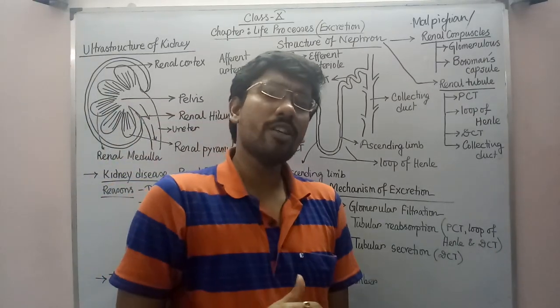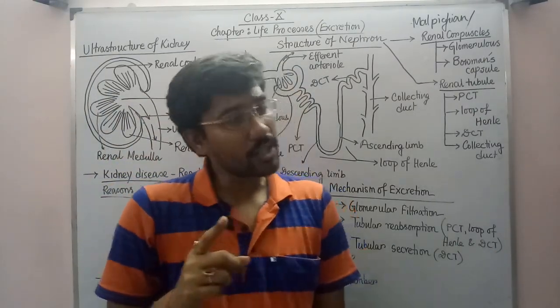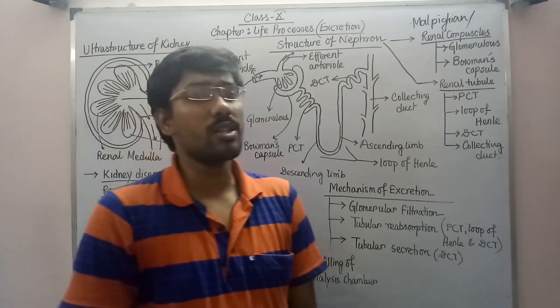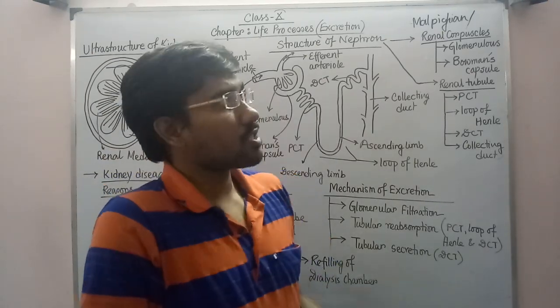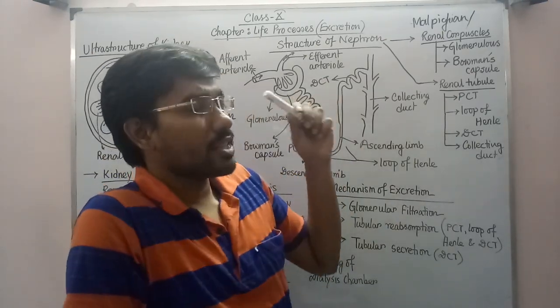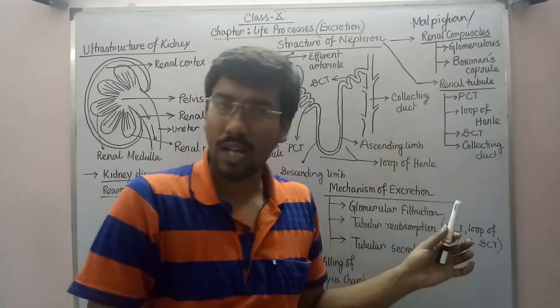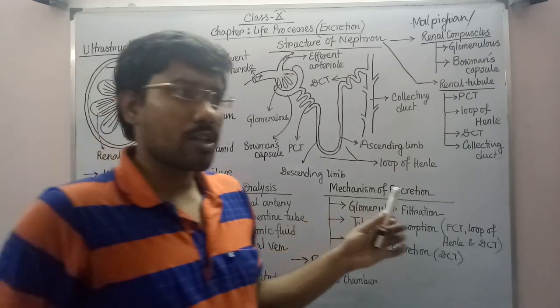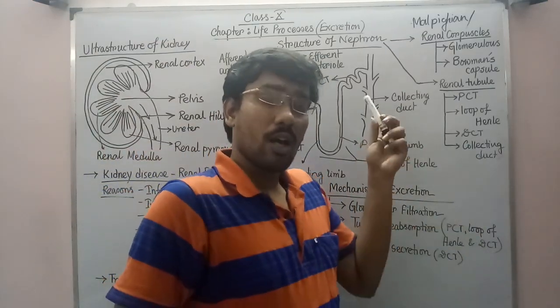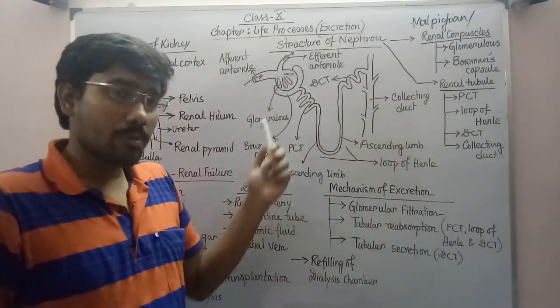Now, when it has gone to the DCT portion, the water also gets reabsorbed there. So when the water is reabsorbed from the DCT portion, keep it in your mind, again the urine concentration will start increasing, because already from the PCT portion, think carefully, in the PCT portion I told you water will be reabsorbed and several essential substances will be reabsorbed. So automatically what is happening? The concentration of the urine will start increasing from this PCT portion.